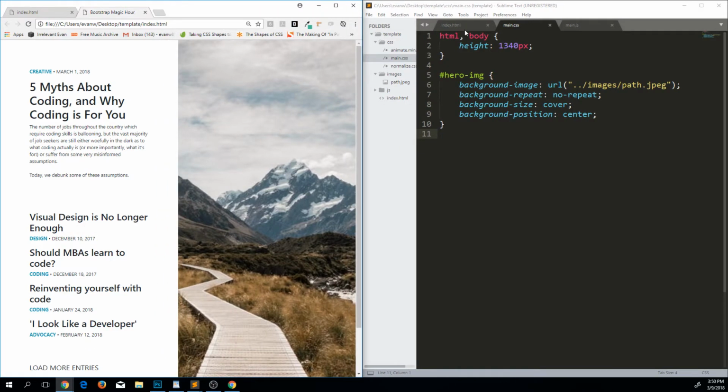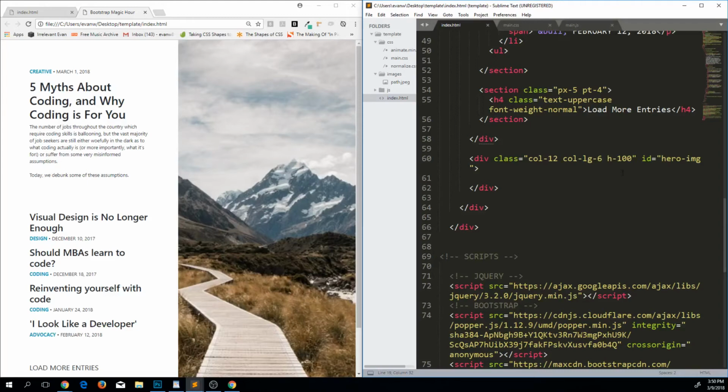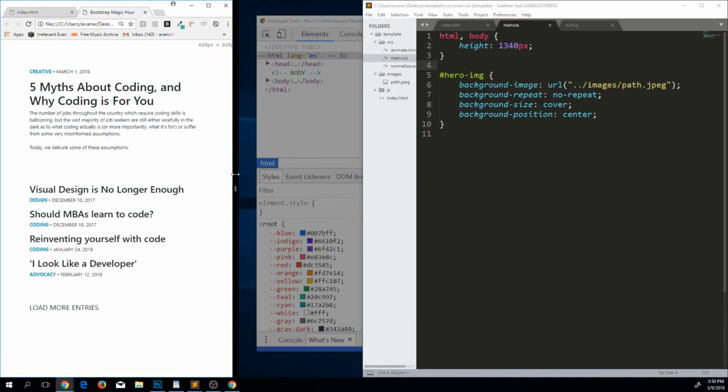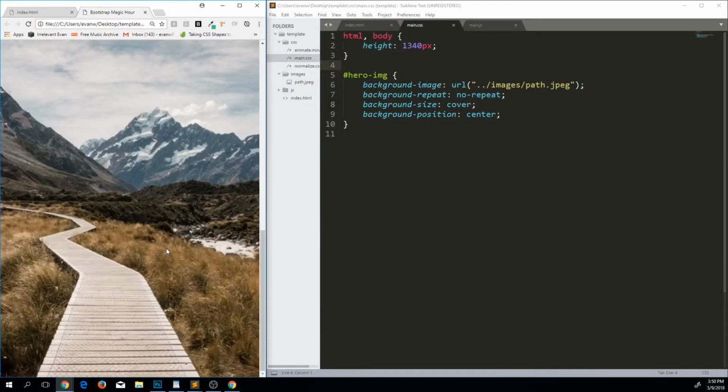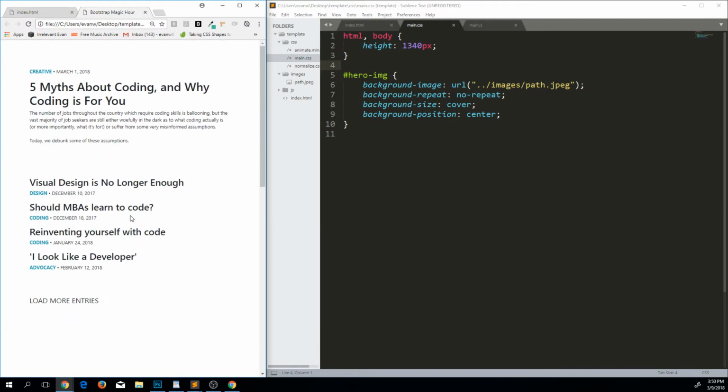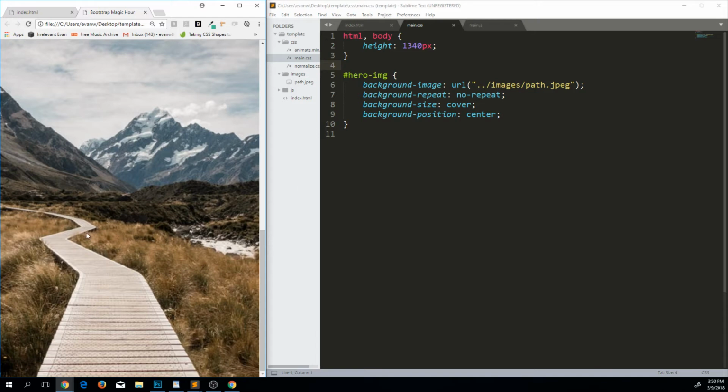Okay, the reason this is happening is, again, this height 100% on this hero image div. And that height is still going to be 100% of its parent container, which is now set to 1,340 pixels, even when they're stacked vertically. It's taller than it needs to be. Now, if you're okay with that, it's not something you need to worry about. But if you wanted to make this smaller at a smaller screen size like this, which would not be inappropriate, you would need to probably use a media query